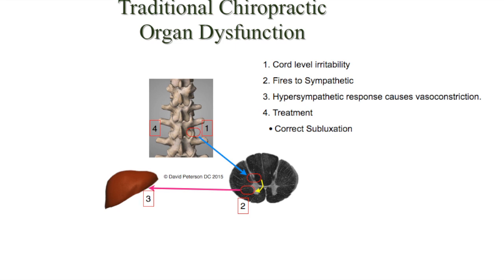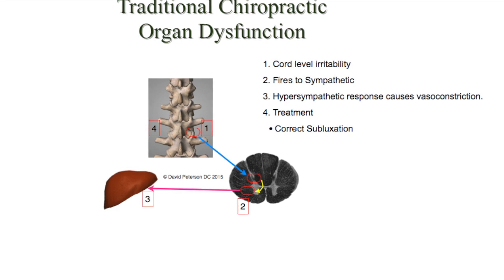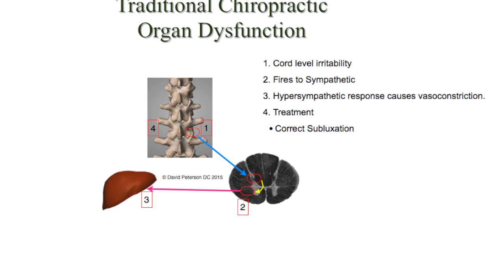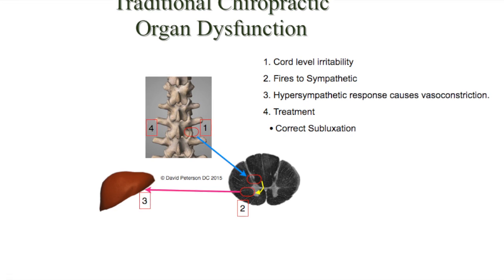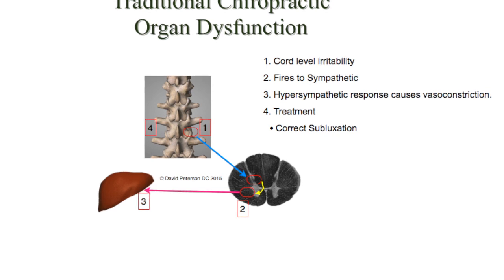The traditional chiropractic model for organ dysfunction is a vertebral subluxation with cord-level irritability firing to the sympathetic nerves. This causes a hypersympathetic response, but due to philosophy-based anatomy, physiology, and neurology, there is no mention of what occurs with the blood supply to the organ. During a hypersympathetic response, the blood vessels around the organ are vasoconstricted, reducing the blood supply necessary for proper organ function. Chiropractic adjustments have been known to affect the autonomic nervous system by helping to downregulate the sympathetic nervous system